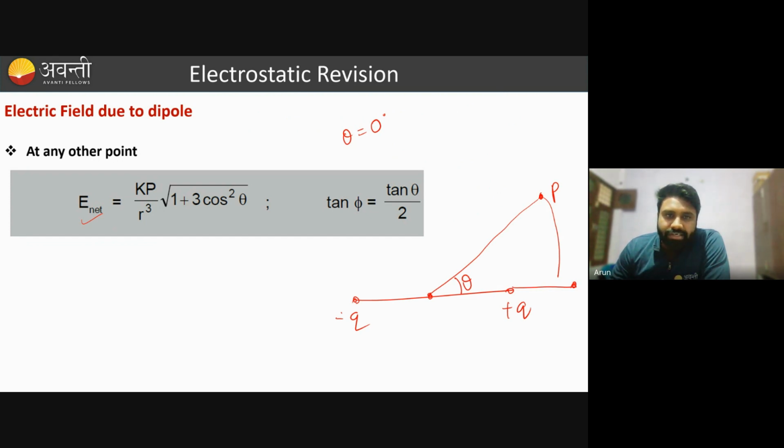So 1 plus 3 into 1 becomes 4, and the square root of 4 becomes 2. So it will become 2kp over r cube. If you put theta equal to 90 degrees, it is on the perpendicular bisector. 3 into cos 90 becomes 0. It is the square root of 1, kp over r cube, and the direction we know already. Okay. Now,